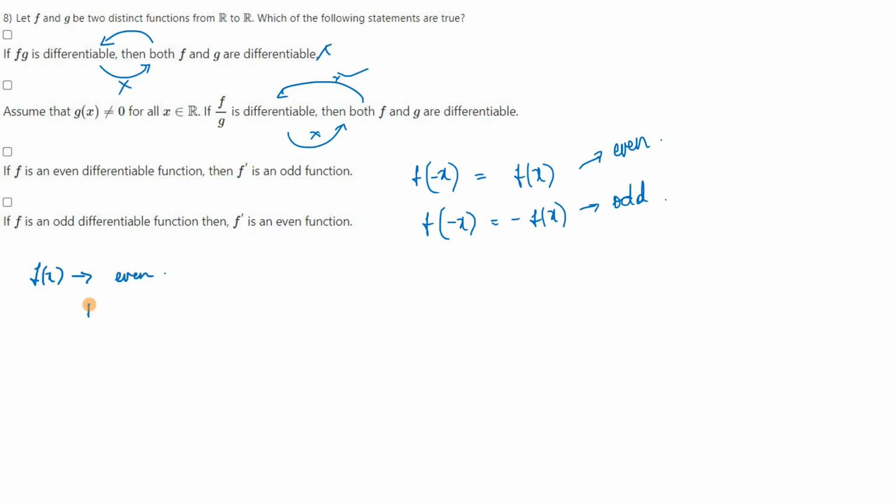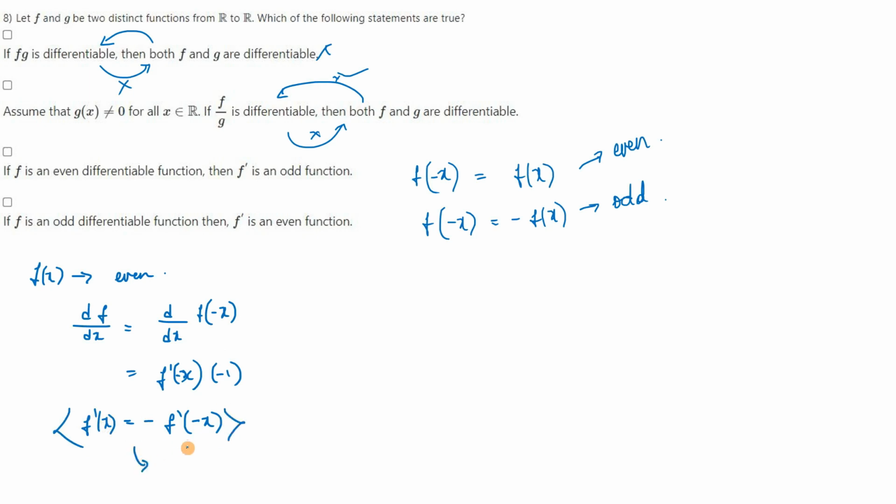I have to find out what is the differentiation of this even function, right? So we know that f of x is nothing but f of minus x. So I can substitute this, d by dx is equal to f of minus x. So if I differentiate this, I'll get f dash of minus x into differentiation of minus x, which is minus 1, so that is nothing but minus f dash of minus x. So here I'll have f dash of x, right? So this is nothing but the definition of an odd function,